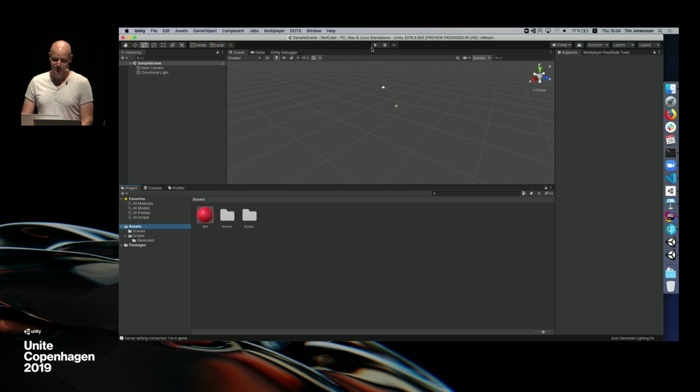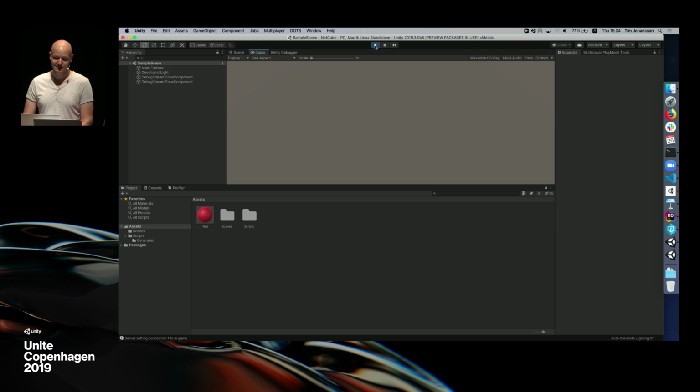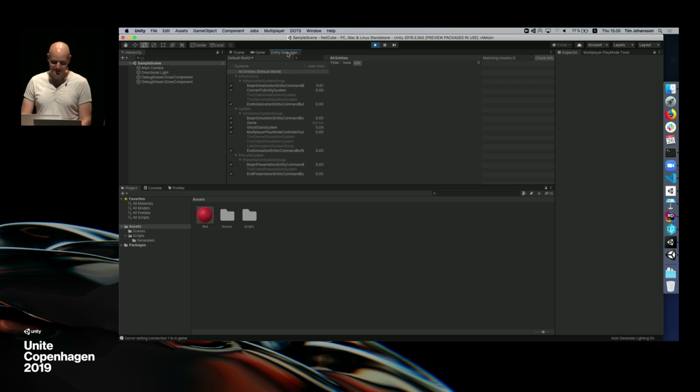It's an empty scene, so it looks like what you would expect. If I enter play mode, you get pretty much what you would expect, which is nothing. What is less expected, though, if you look in the entity debugger, you can see that the default world here, there's normally a ton of systems in here, but